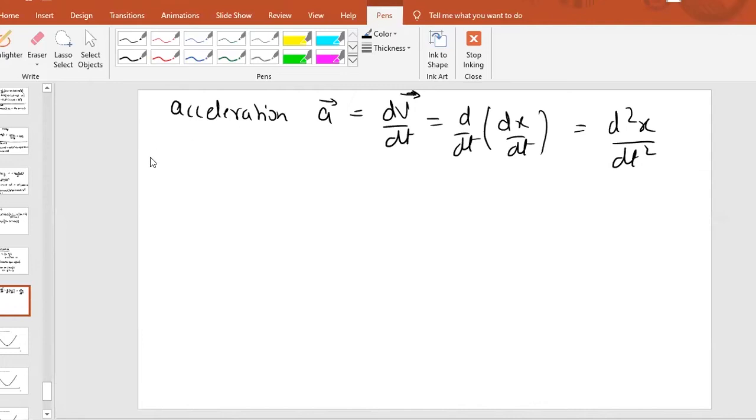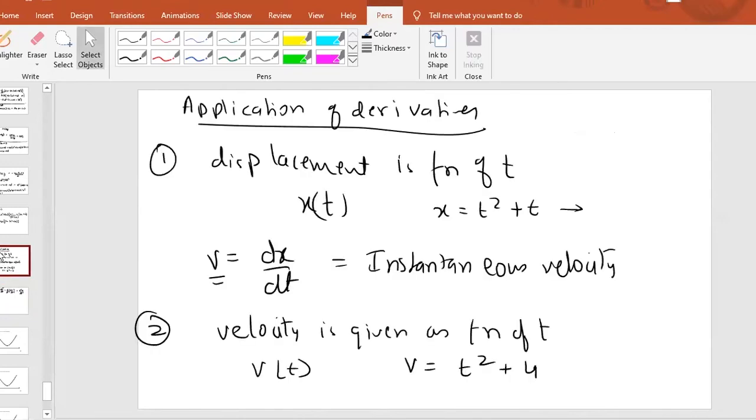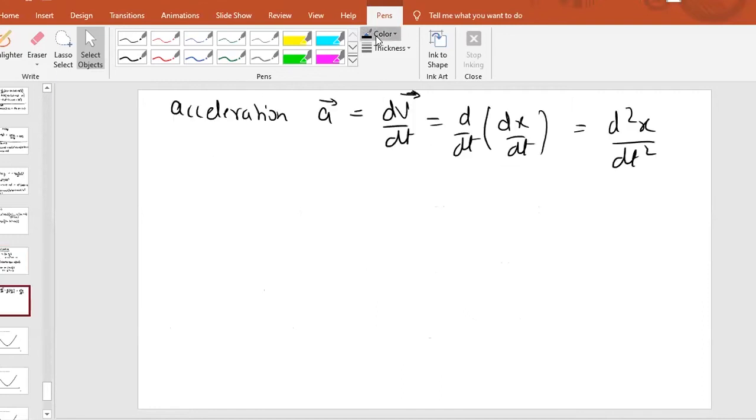Okay, fine, understood. I will teach acceleration. I'm just giving you the idea where we can use differentiation, to find the velocity if displacement as a function of time is given to us. If velocity as a function of time is given to us, we can find the acceleration by differentiating v with respect to t. Then another application is